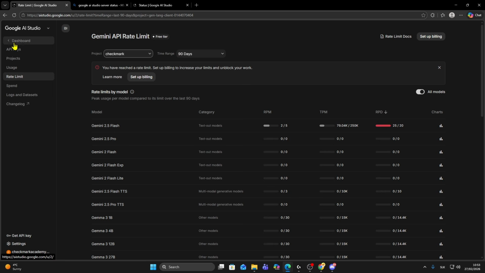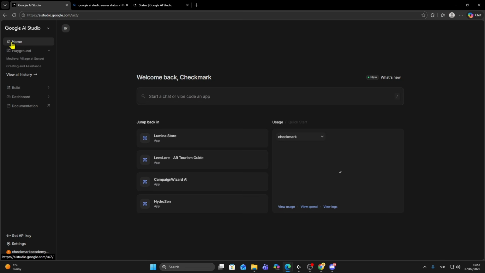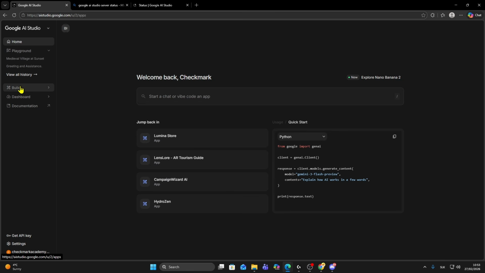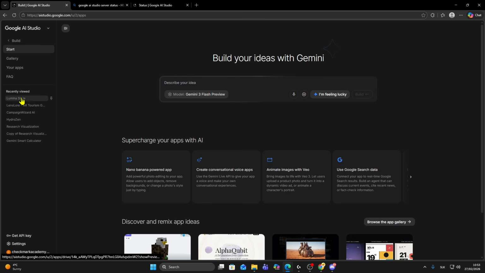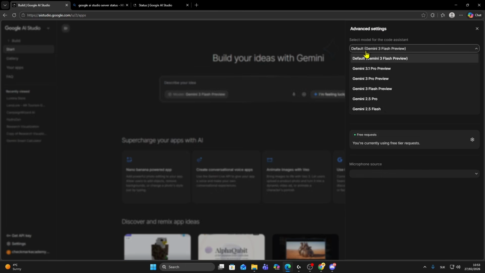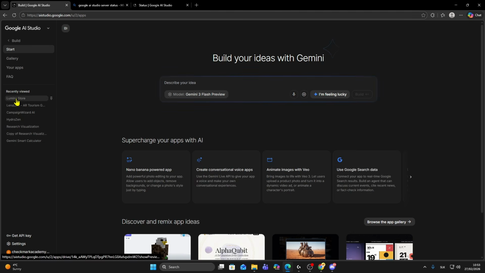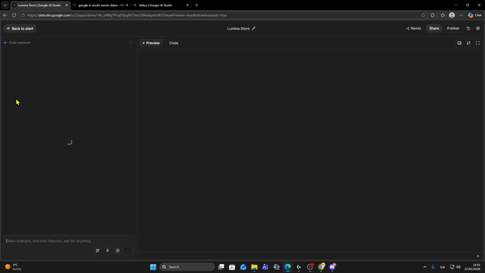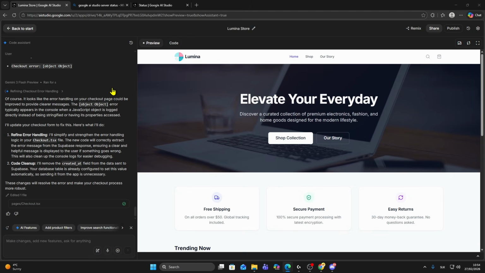So I'm gonna click on dashboard and I will go back to build. And from here you want to switch this model. So I had the rate limit on 2.5 Flash. So let's say I will switch to Gemini 3 Flash Preview. And now you can go back to your app, and if your error is still not fixed, I will show you